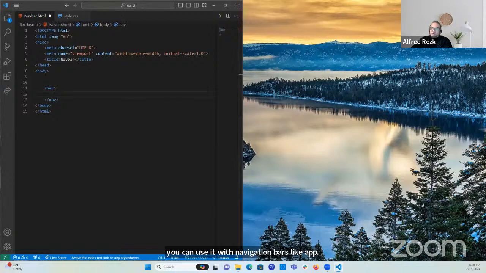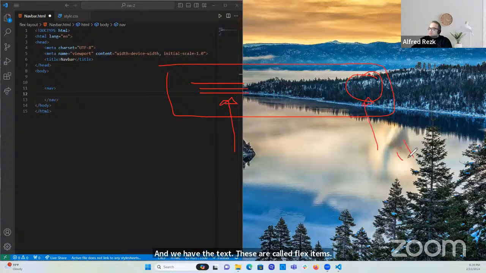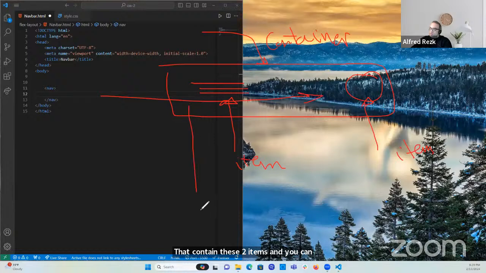To use a Flexbox, similar to the example that we have, the image and the text, these are called flex items. This is an item. This is an item that I want to move within a container. So you should have a flex container that contains these two items. And you can display them in a row or you can display them in a column. Okay. So simply,